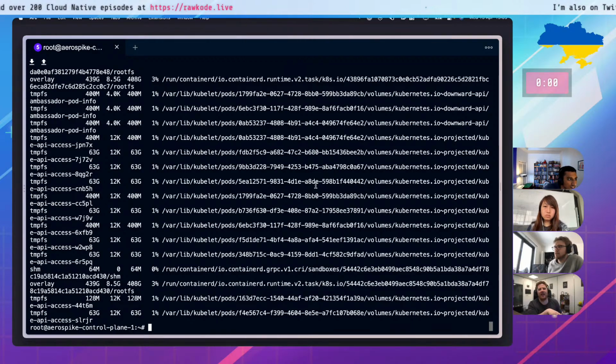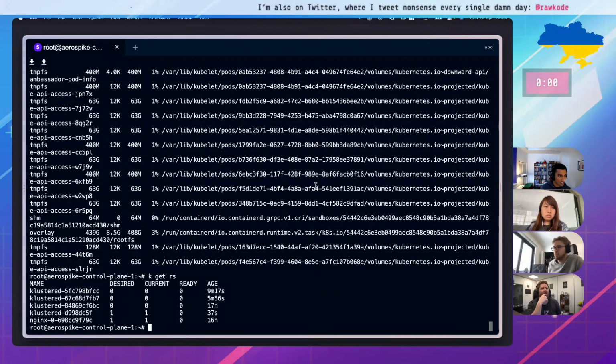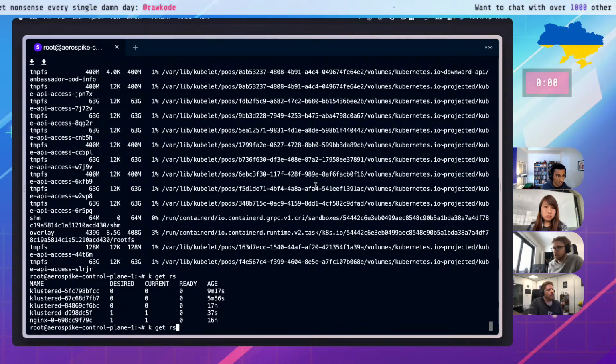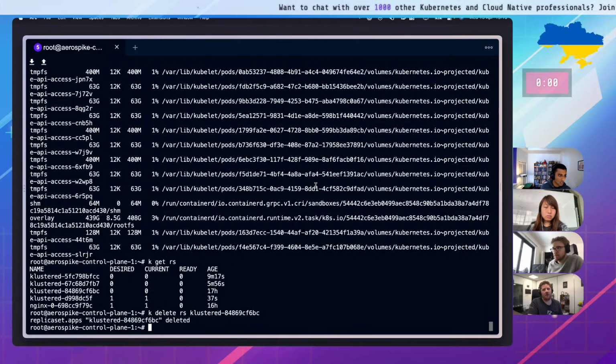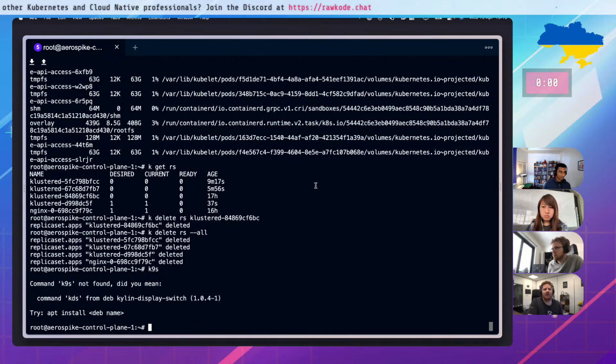So if you try get replica sets and then try kubectl delete rs with the name, you'll probably get the correct error message. So we want to get rid of all of them besides the newest. Yeah, you can just delete every replica set in the cluster if you really want. Just do a --all. The deployment controller will bring them back. And that actually worked, surprisingly.